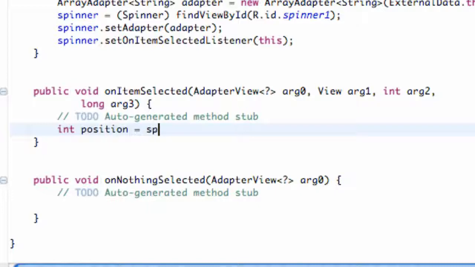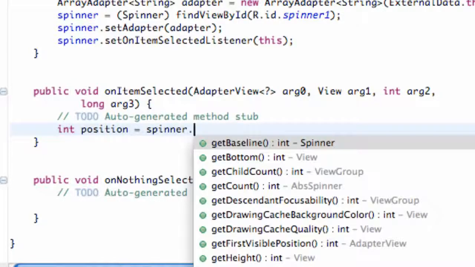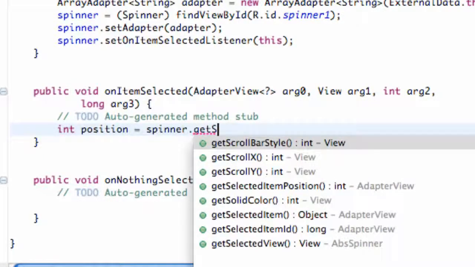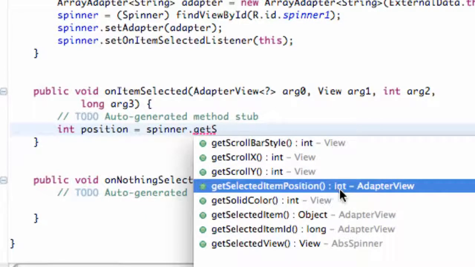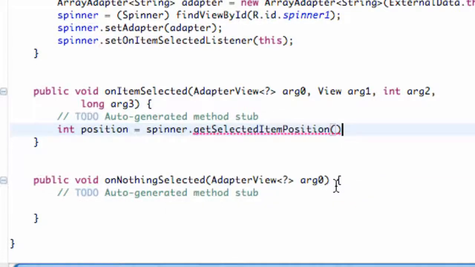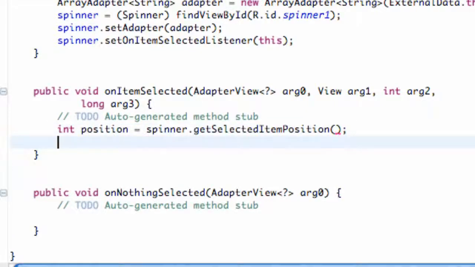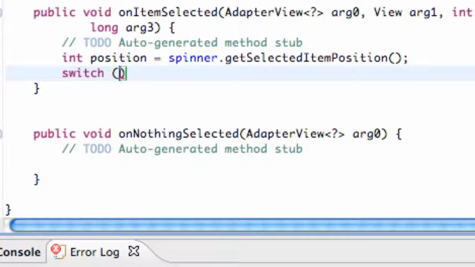We're going to refer to our spinner here and say get selected item position, and that's going to turn it into an int, and that's going to give us the position of our array adapter that has been chosen. So we have three positions, position 0, 1, and 2. And so we're going to set up a switch case for that. So we refer to our position,